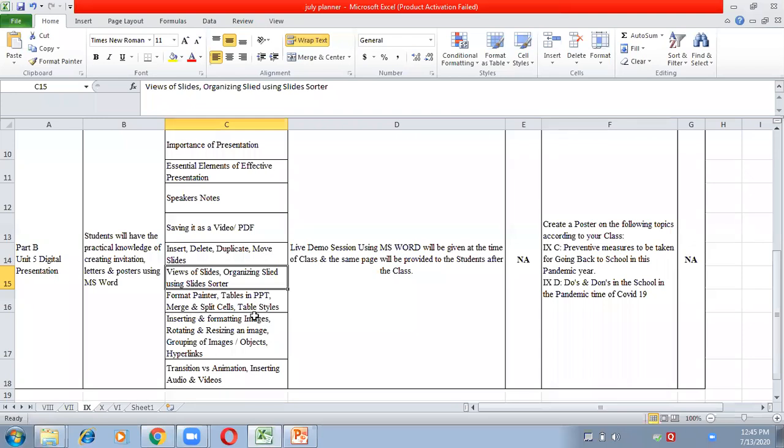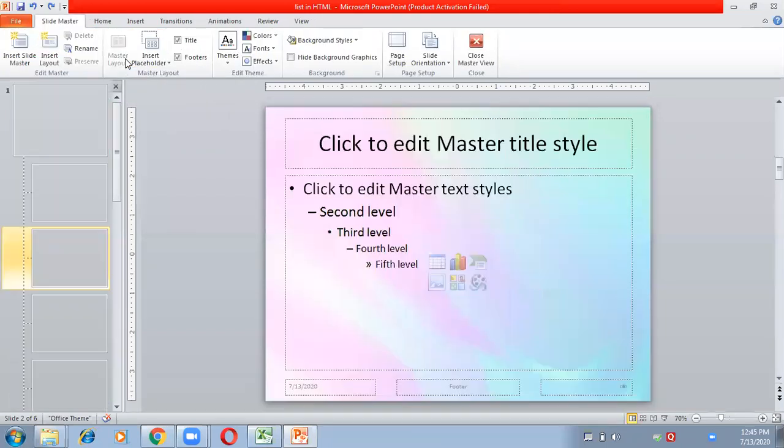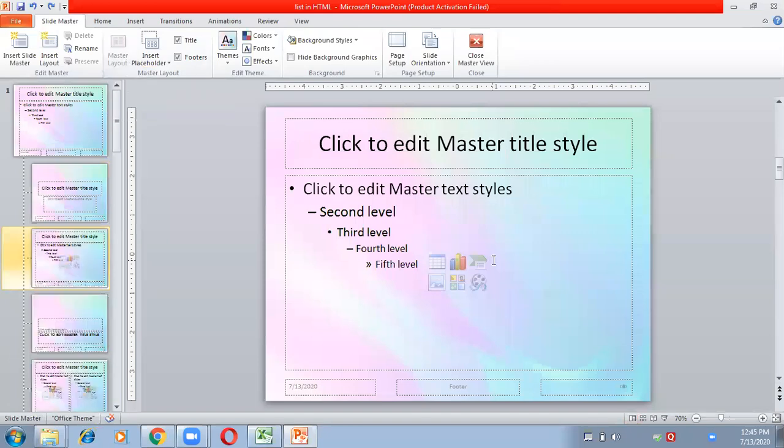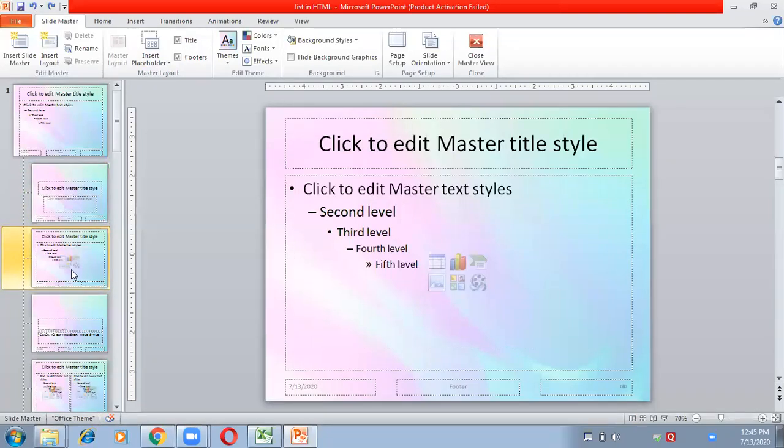Okay, next is now, what is master view? Master view is also important. This is master view. In master view, we can have slides like this, in which you can create your own notes. The person who is presenting the PowerPoint presentation can create his own notes with headers and footers. Or suppose you want to distribute the presentation to the viewers before presenting in front of them, then you can use master view.